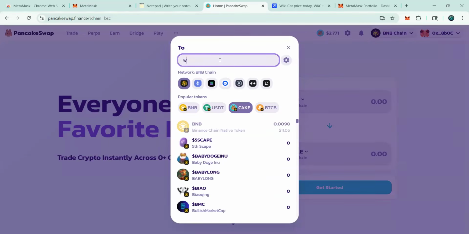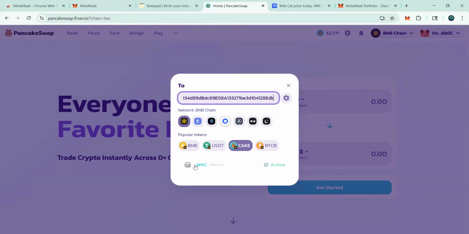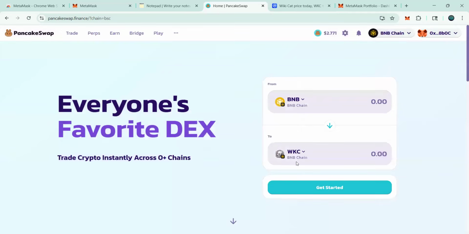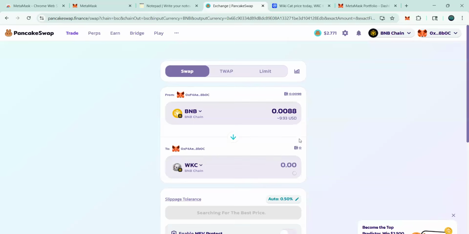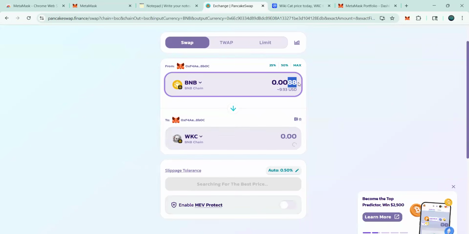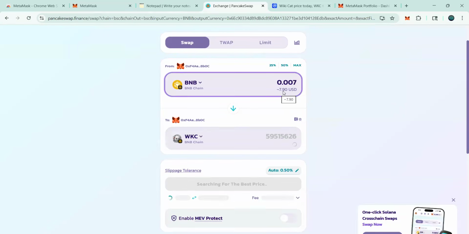I can search for it, but remember, I told you it's not safe to be searching for it, even though it can show up. Sometimes you have multiple ones. So what is a safe thing to do? Paste in the contract address, okay, which is this. So I've pasted it in. All right. Get started. So you see my wallet is here, my BNB balance is here, and then Wikicat is here. Then I can reduce it a little bit and then swap for Wikicat, which will give me $7.9